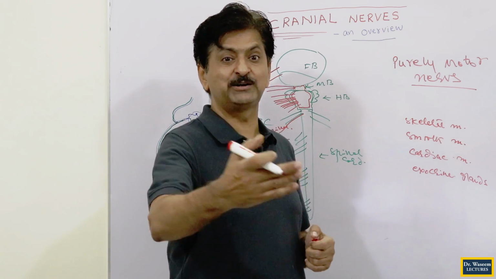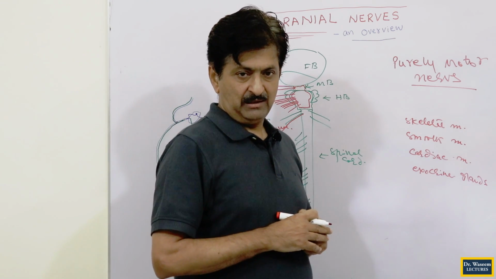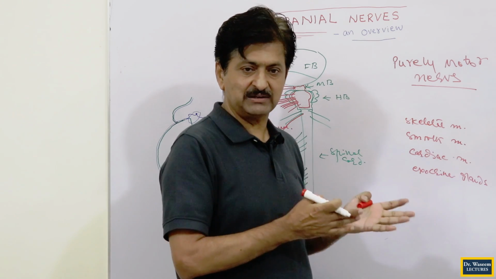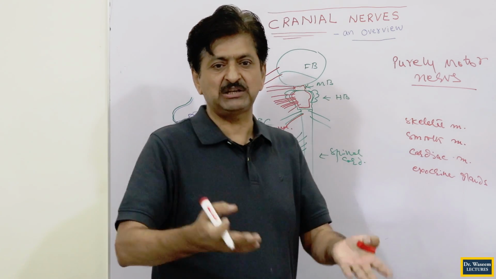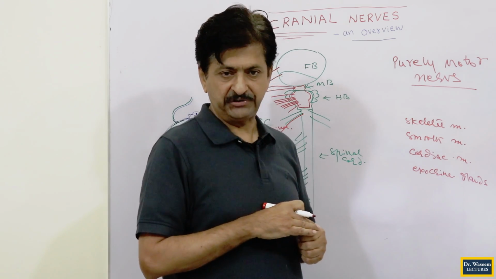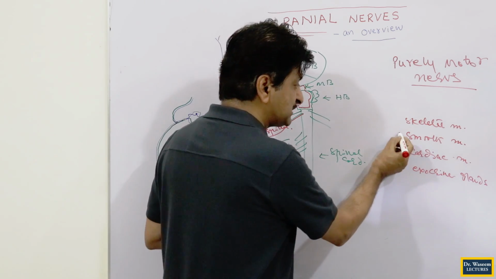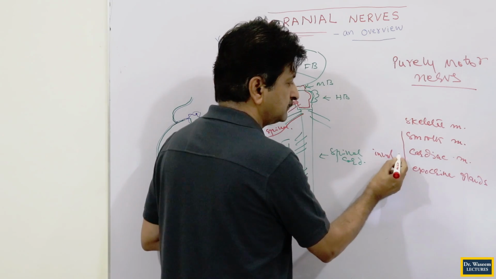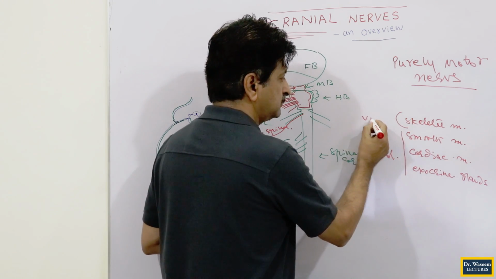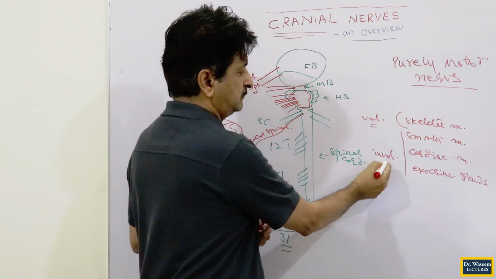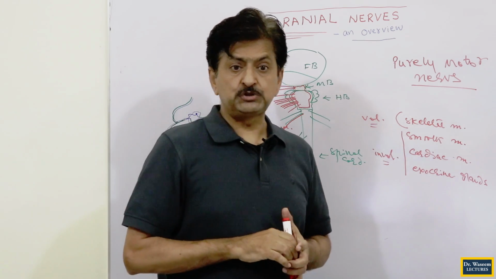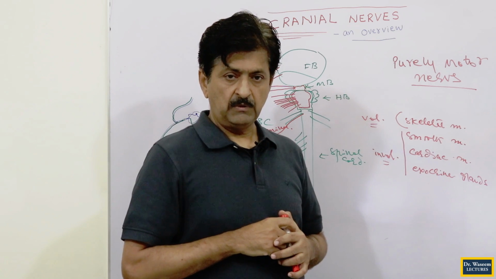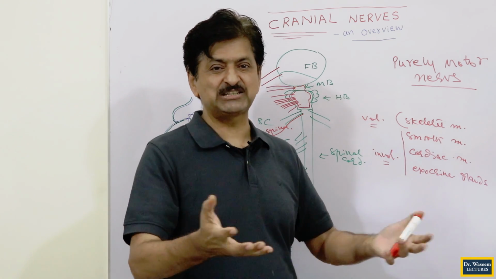That is why we call them secretomotor fibers. It is not just mechanically moving something; you are asking them to secrete something. This is also called motor activity. Out of these, three activities are involuntary, but this one is voluntary. Which activity is under your control? Obviously skeletal. Under control, this is the skilled activity.